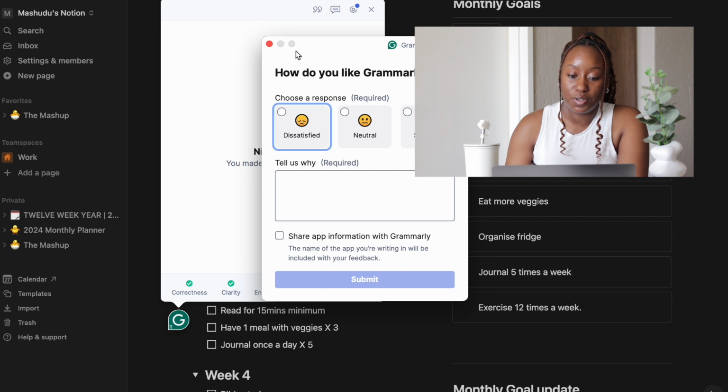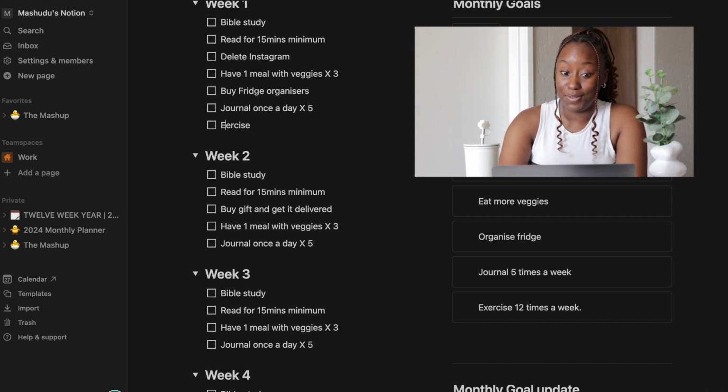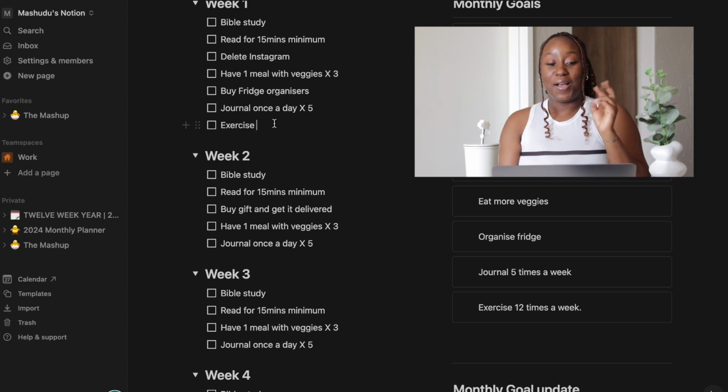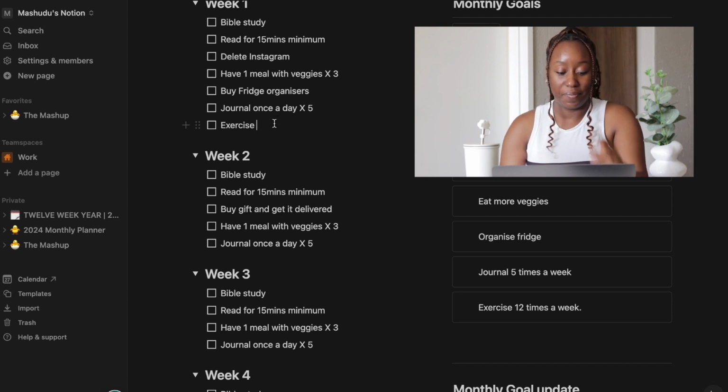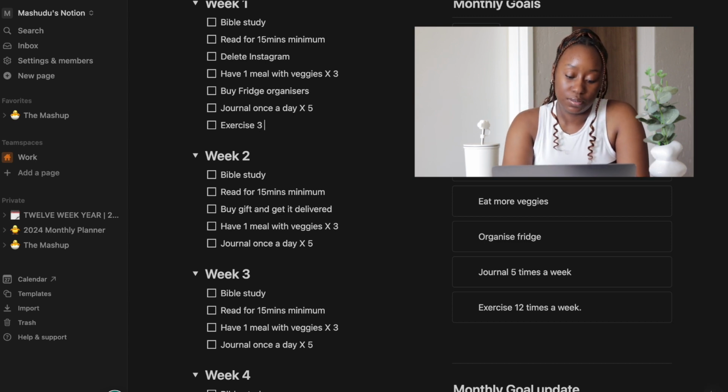Guys, spelling check exercise. I know that's wrong. Exercise. Now, why was I putting the C there? Anyway. Exercise 3 times a week, minimum.